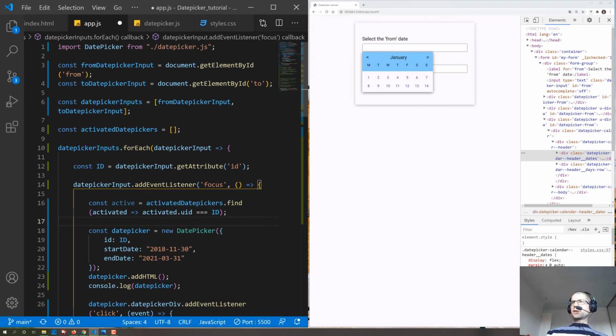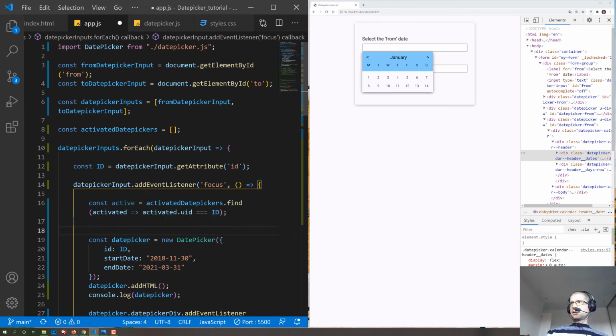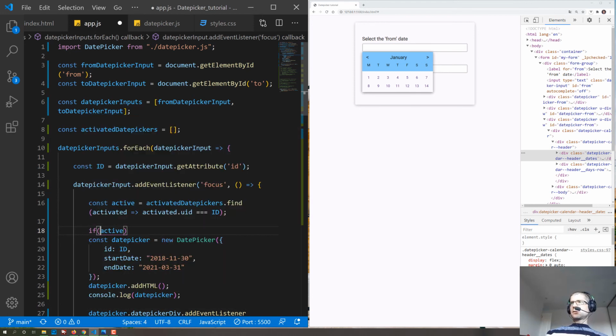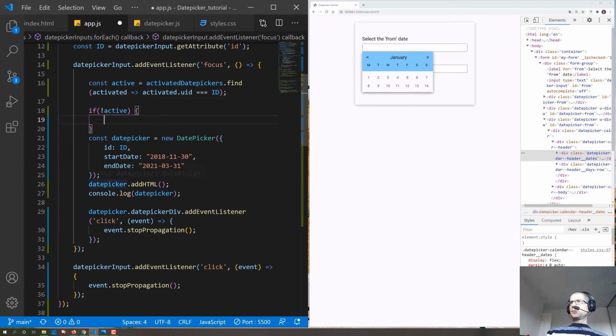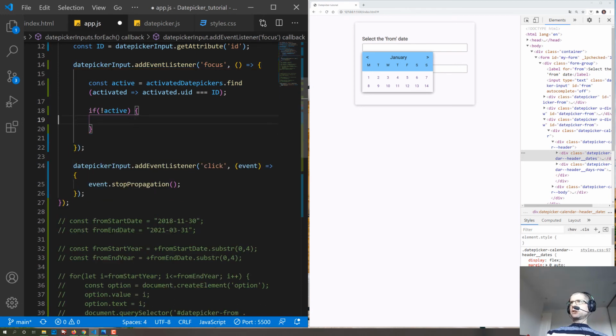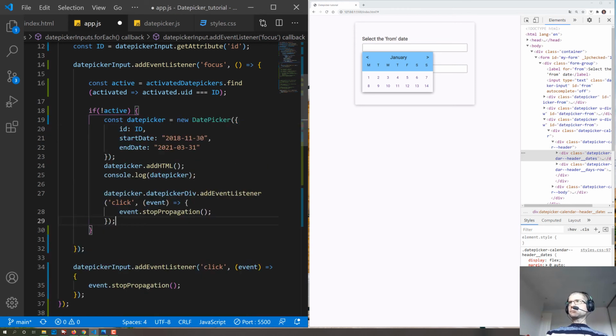Now, if that active Datepicker doesn't exist yet, we need to create it. We need to create it, we need to add the HTML, and we need to add this stop propagation event listener, right? But if it's already there,